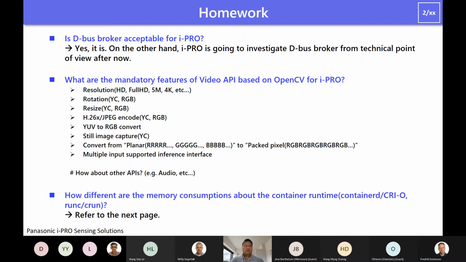Okay. After that, let's build a consensus about the APIs. Okay. And so finally, how different is the memory consumption of the container runtimes: containerd, CRI-O, and runc and crun? Could you please explain this part,